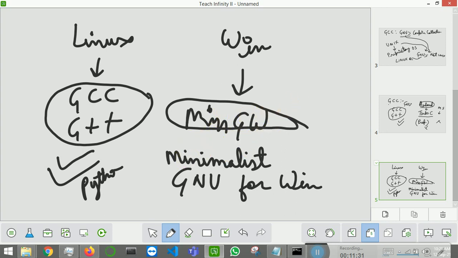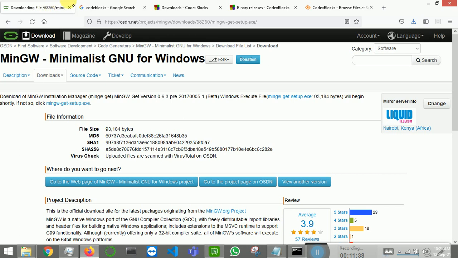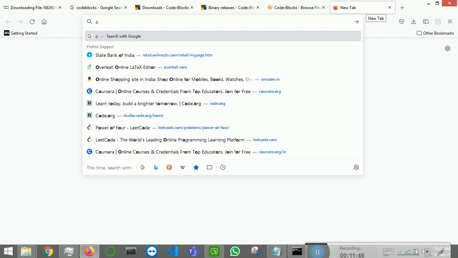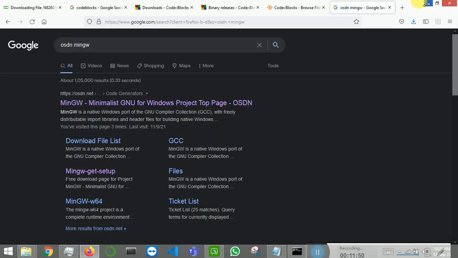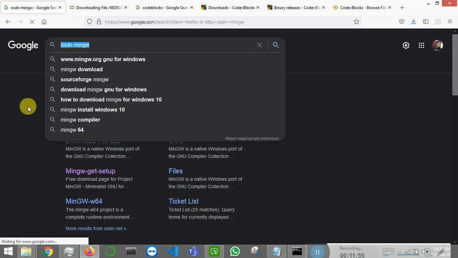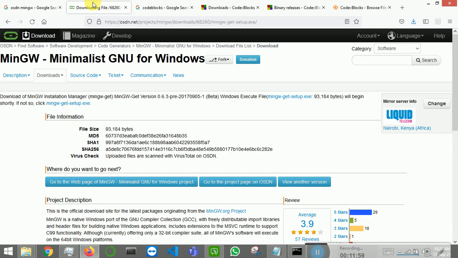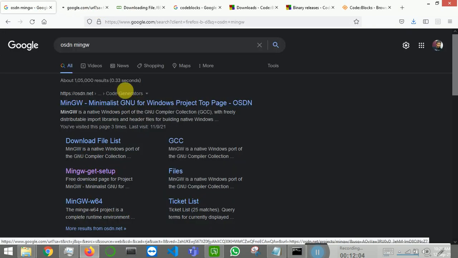So the first step is, you have to go and Google. Just search for OSD and MinGW. Search for OSD and MinGW. After that, when you open this,